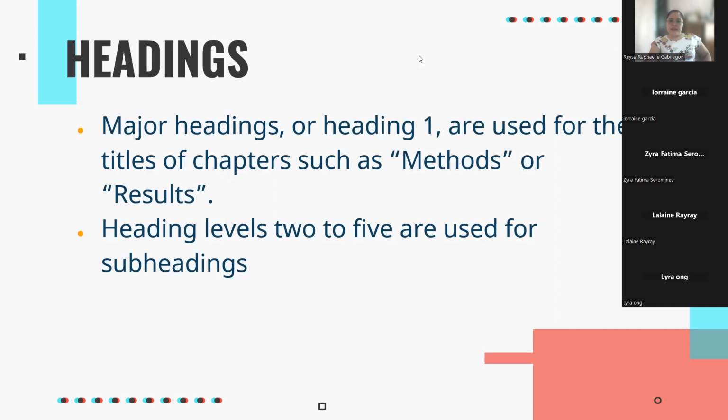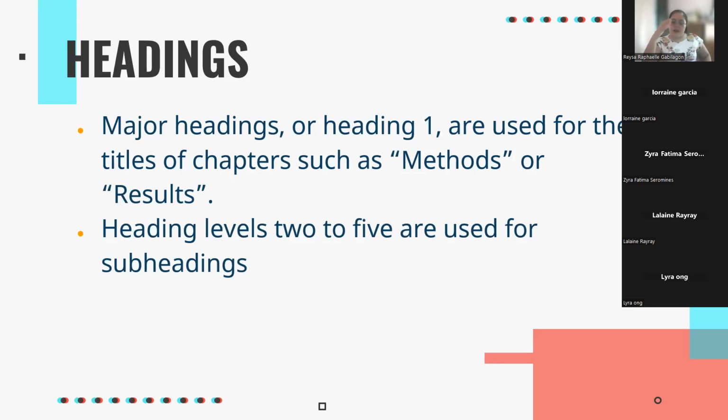So how about the headings? Let's talk about the headings kay ang uban paper bisag unsa na lang ang way sa pagsulat sa headings. Sa major headings class, this will always follow heading 1. And what am I talking about the major headings? Yung mga major sections din natin sa paper. We have the introduction, methodology, results, and then the discussion. That's our major headings, and they will always follow heading 1.